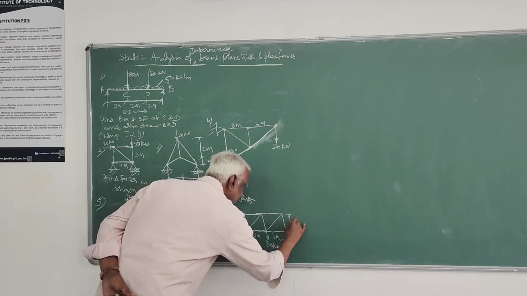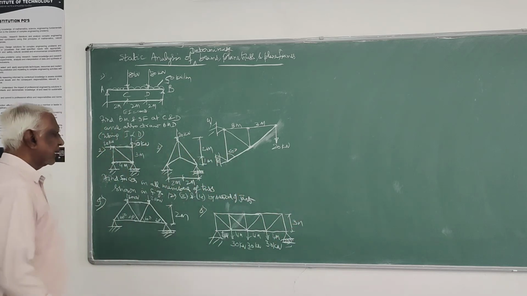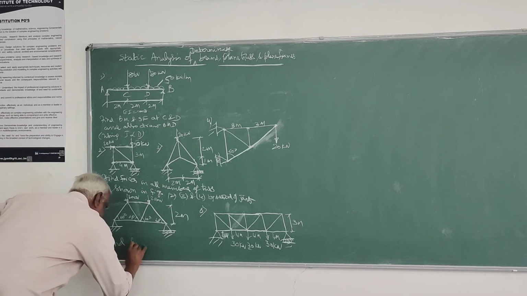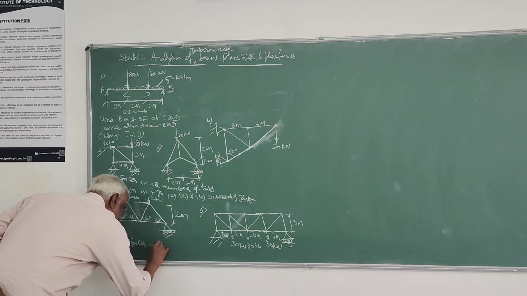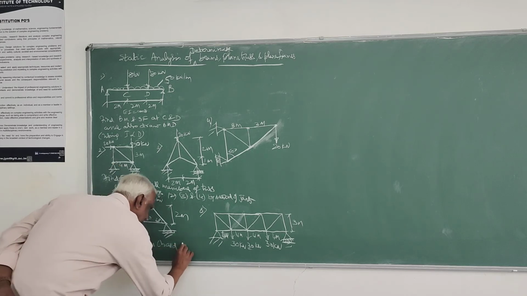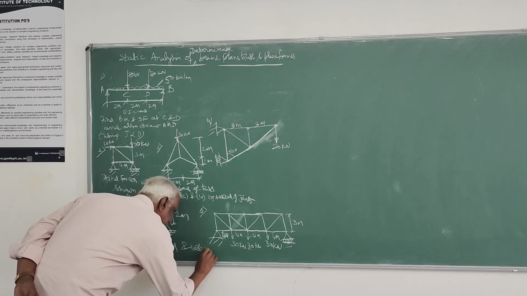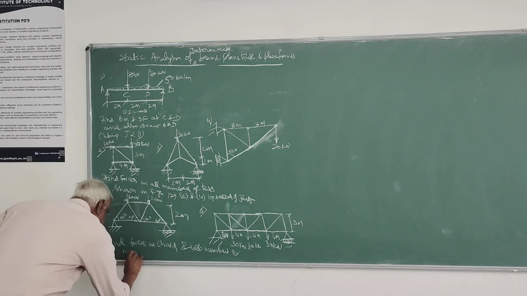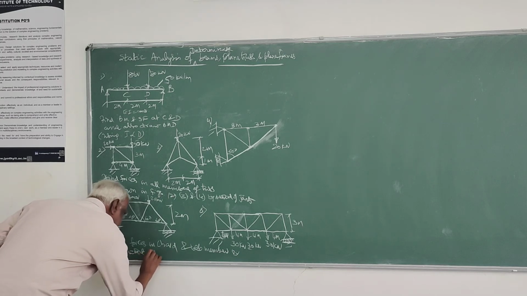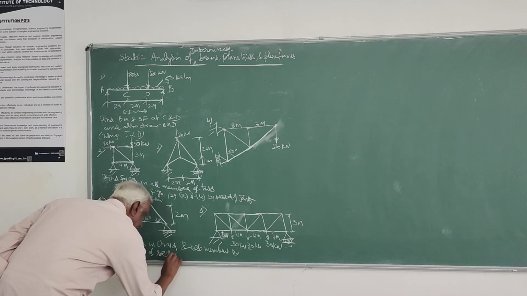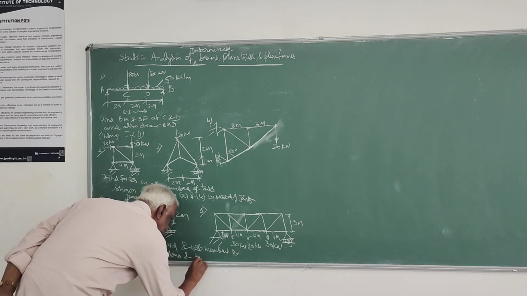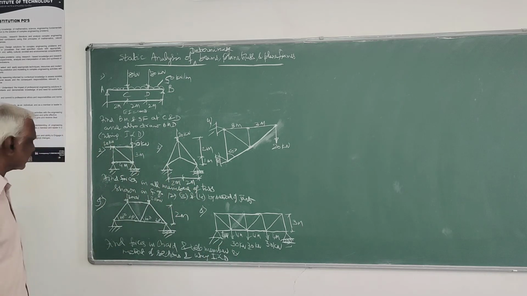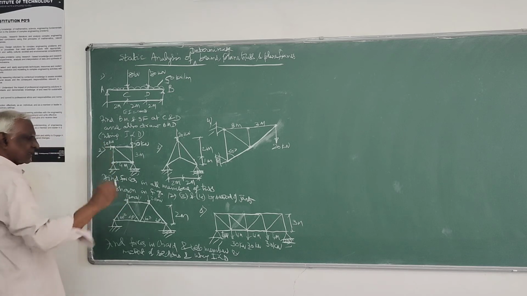Height you can take it as 3 meters. So you can determine the forces, find forces in chord and web members by method of sections and using ILD both. You can by method of sections also solve, because here you can take one section,